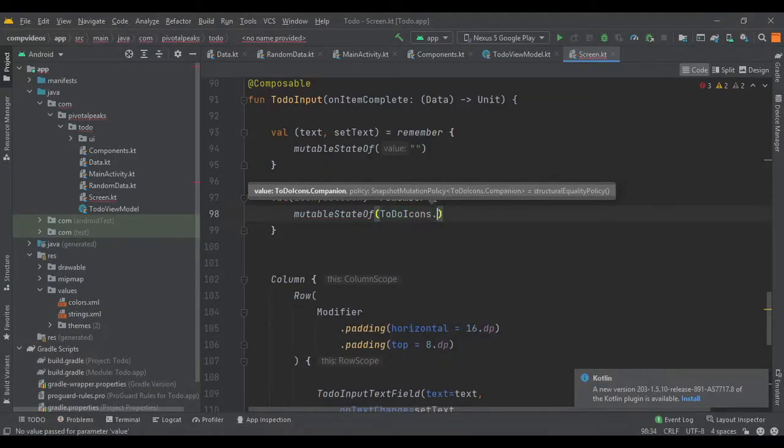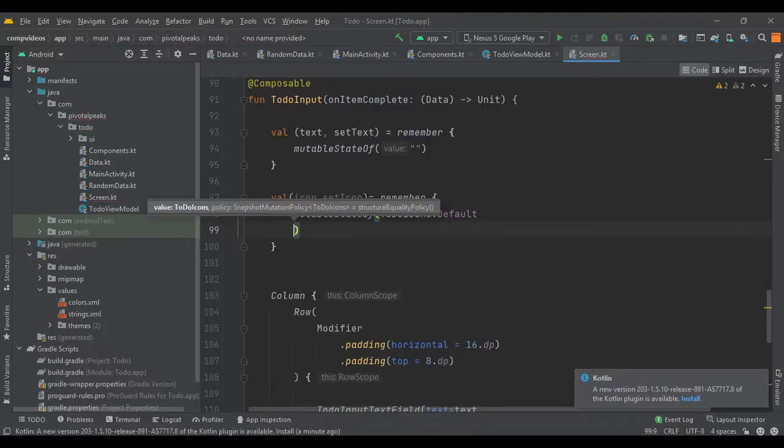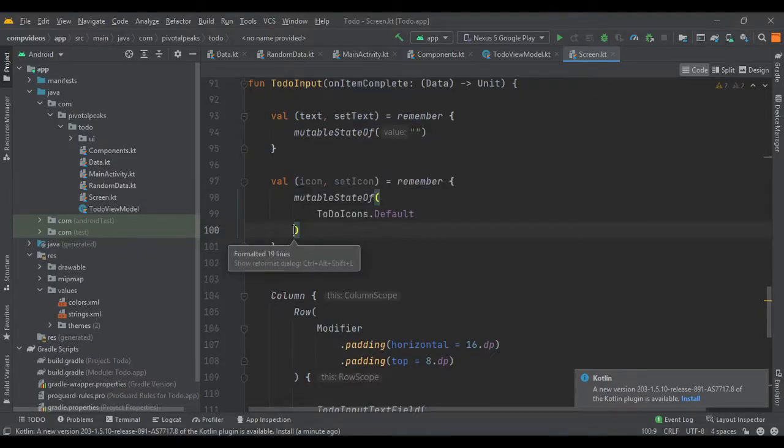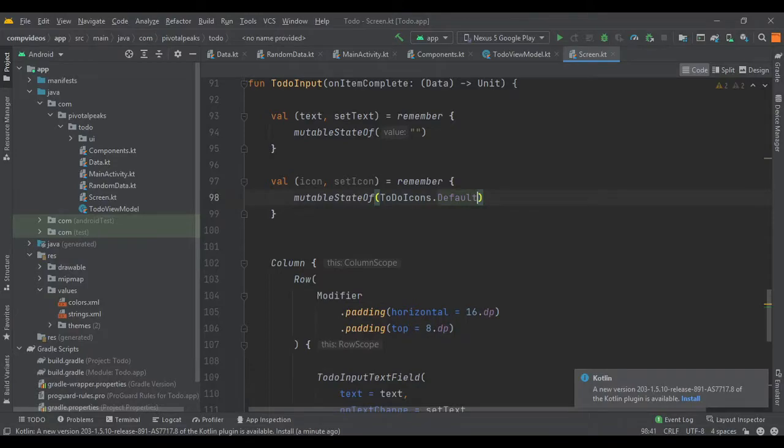So to do Icons.Default. Let's move it back a little bit so I can put it together in one line.